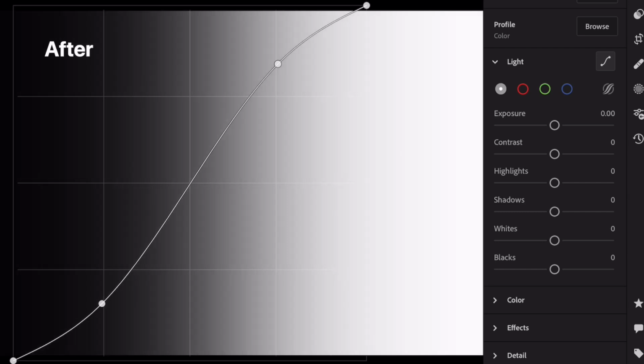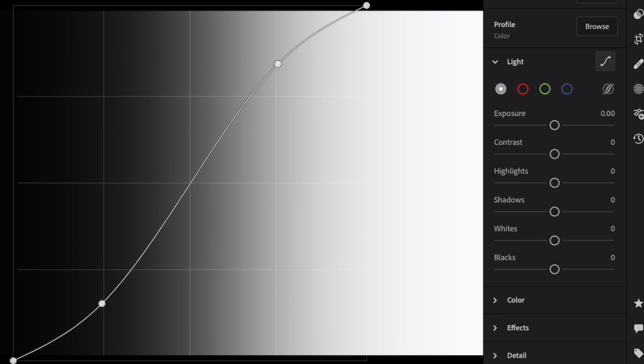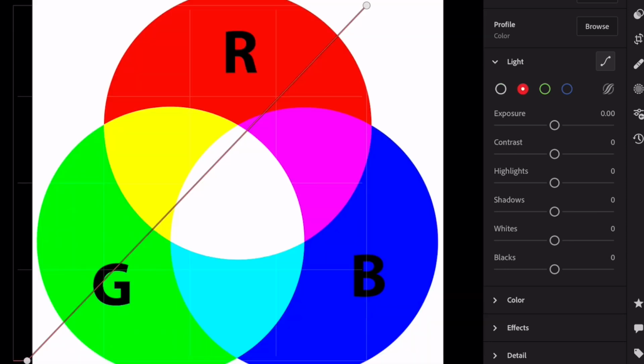But once you've played around with this, you can really use this to make all sorts of shapes on the tone curve that can massively change how an image looks, whether that's flattening the highlights or opening up the midtones if they're really dark. Lightroom also gives you tone curves with 3 primary colors that essentially make up all the